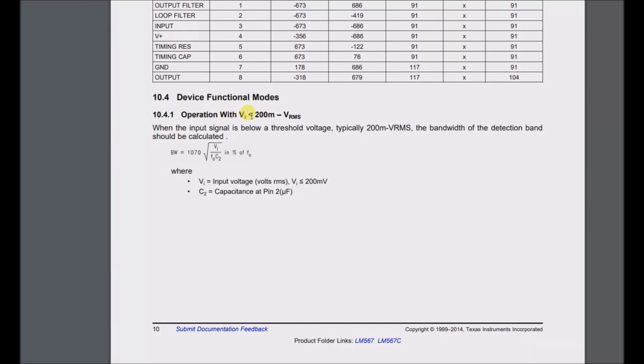Operation with voltage less than 200 millivolts RMS. When the input signal is below a threshold voltage, typically 200 millivolts RMS, the bandwidth of the detection band should be calculated thus. The bandwidth is 1070 times the square root of the input voltage divided by the frequency times the capacitance, in percentage of the frequency, where VI is the input voltage RMS and capacitance is C2, capacitance